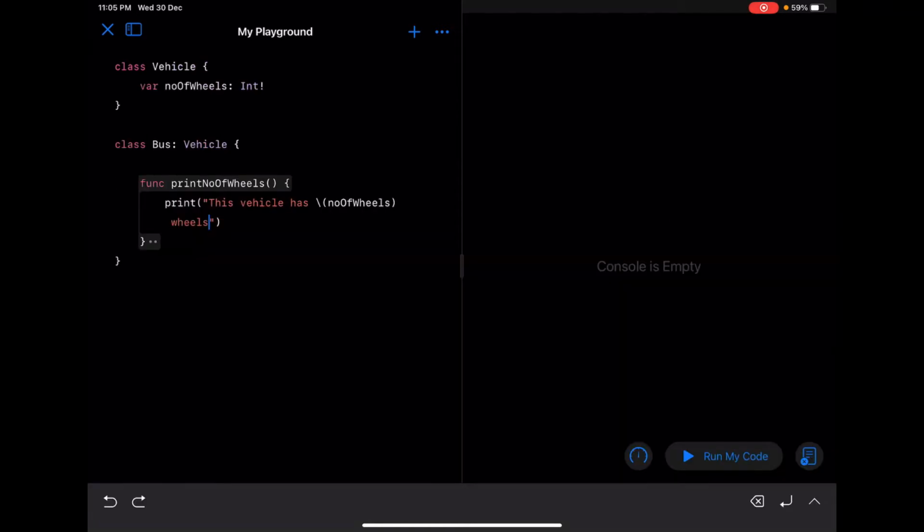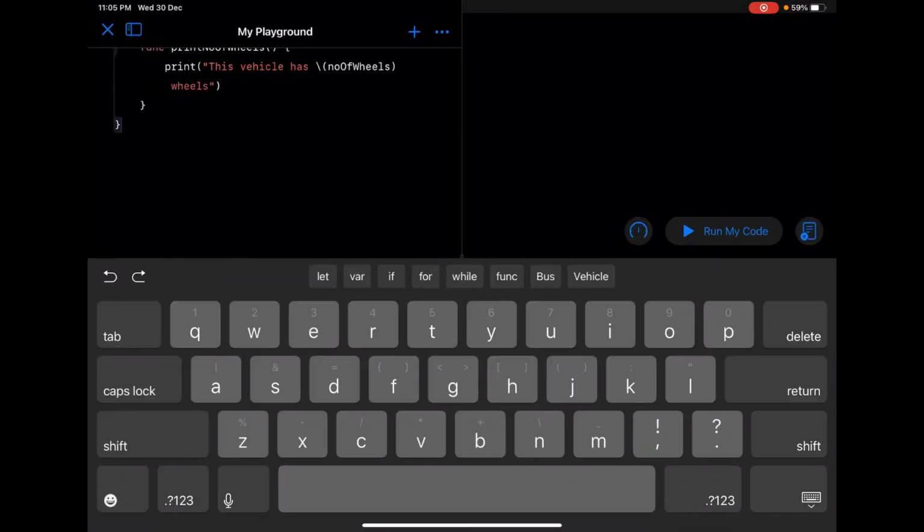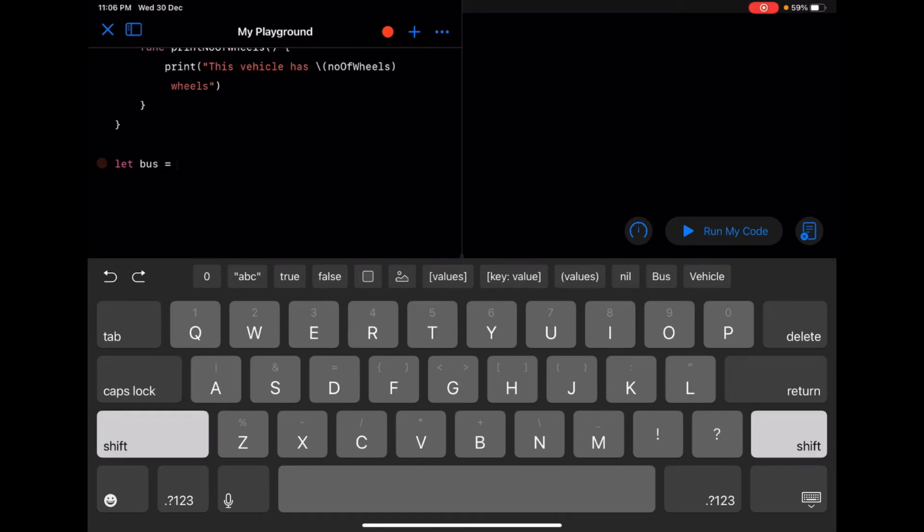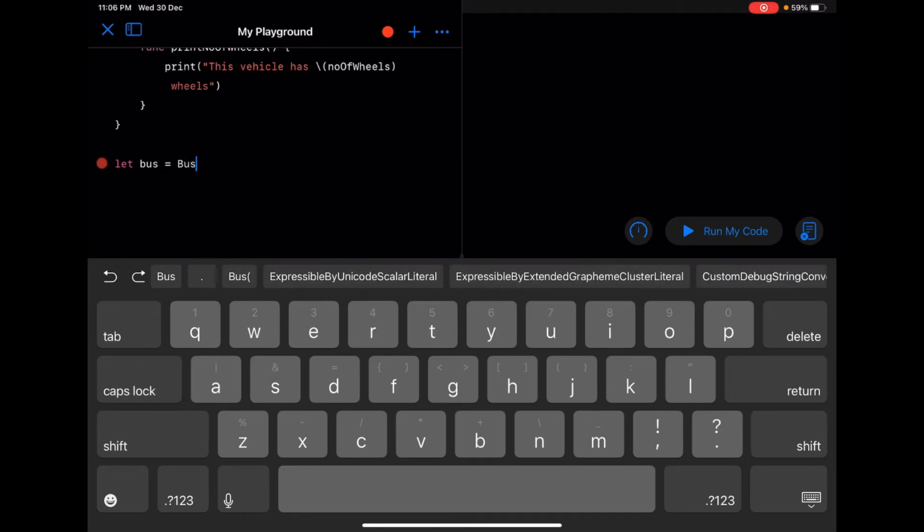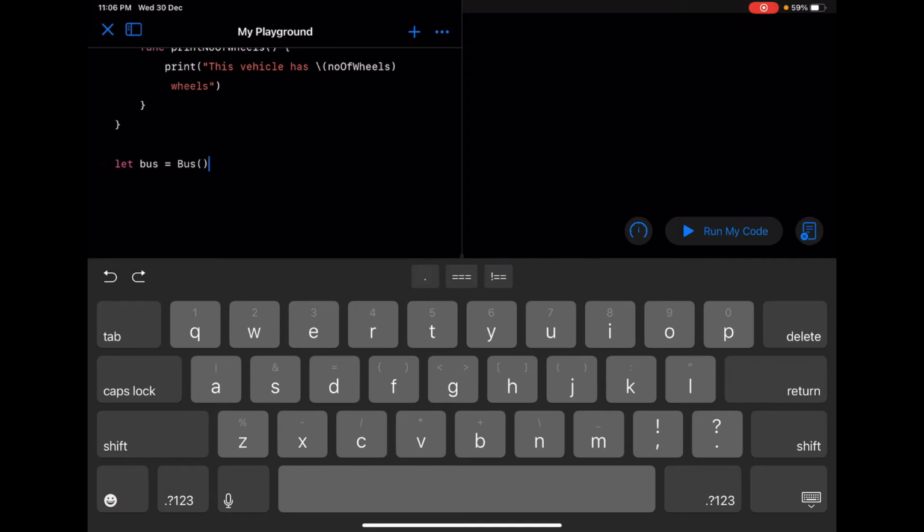Okay, and I'm going to construct an object for this. Let bus equal to Bus, and I'm going to set bus dot number of wheels